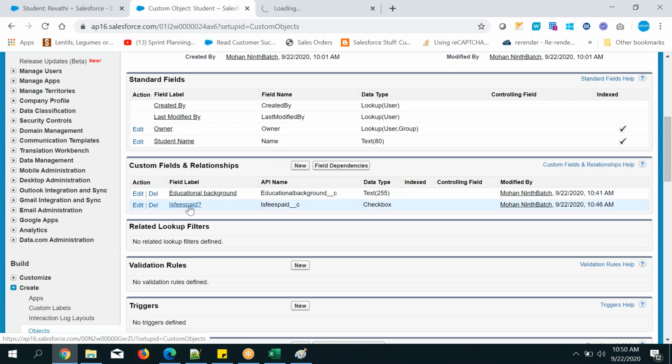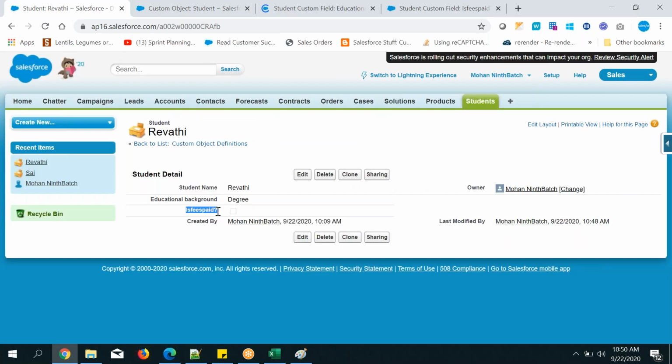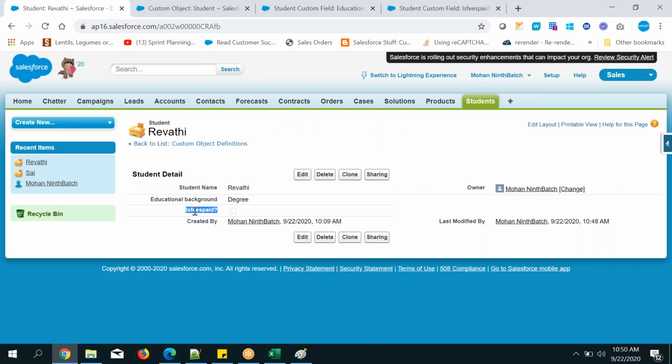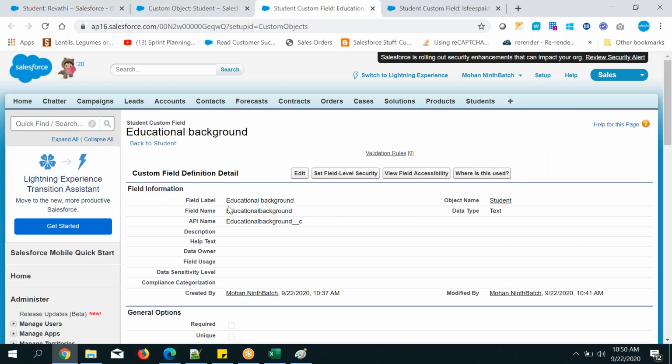You want to see? Copy it. Check it. What is that one? Field label. In the field label you have added some data, right? That will be displayed, so the field label is used to display on the record as a field. Okay, this is the field label. That is the benefit of the field label. It is used to be visible on the records. That's it.